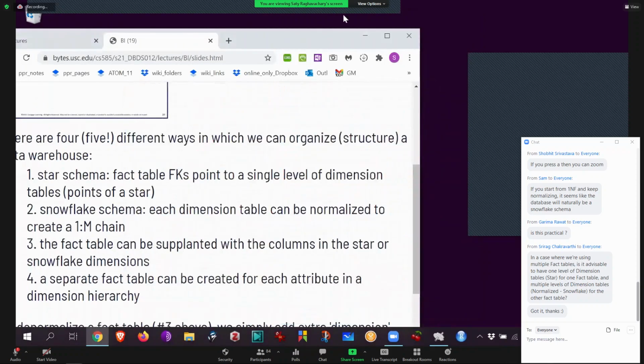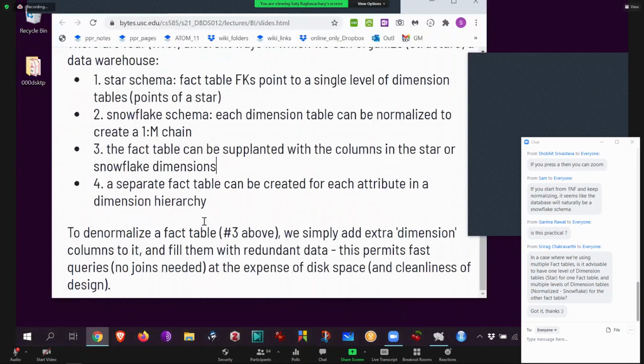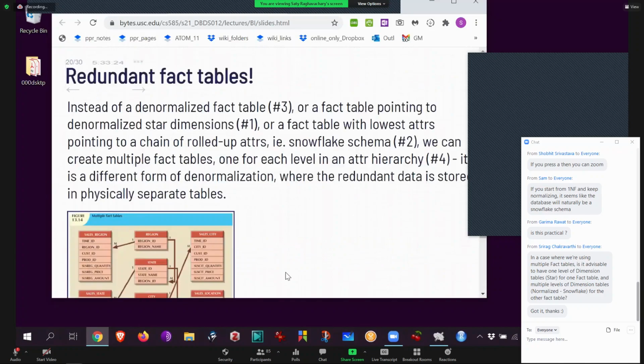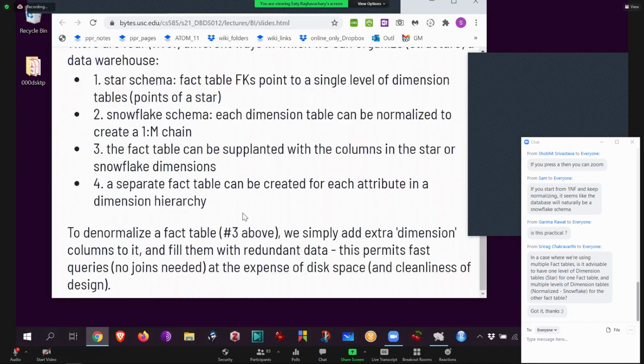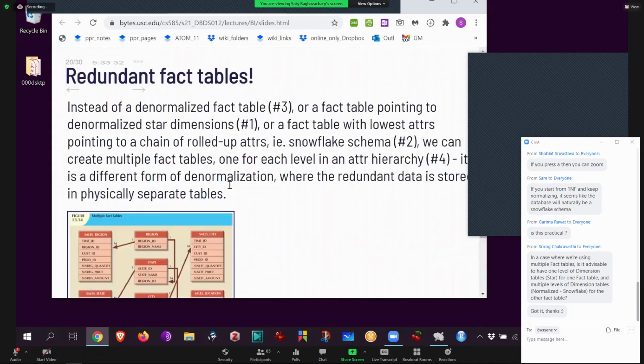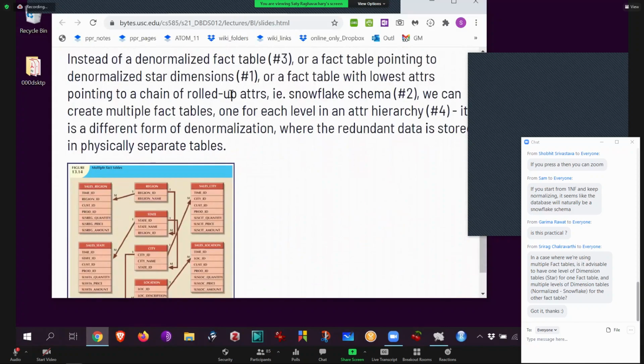Okay, good. Yeah, then what does denormalizing mean? I already told you, okay? Just simply add all the extra, like start with the location ID, which you already have, but also add things like city ID, state ID. It's all redundant data over and over, but it's fast queries because it's not clean design, but we don't care about designs. So this is exactly what I told you, this thing in here. Again, this is being described over here. Same idea. You can now have rolled up versions of them, okay?